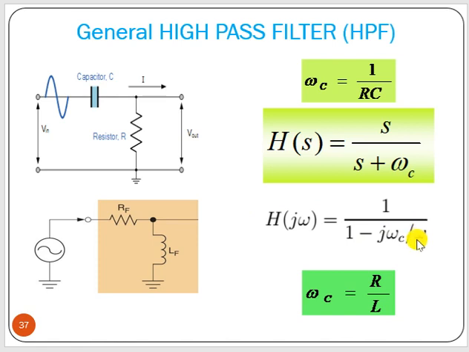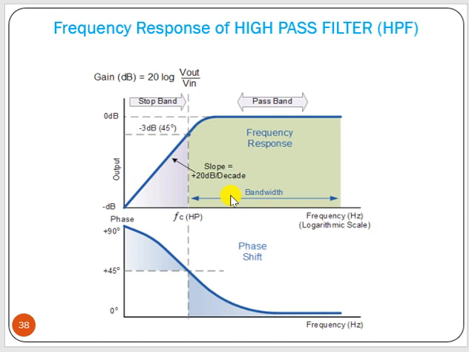If it is infinity, something by infinity will be equal to 0. Now 1 minus 0 is 1, so it will be high. So that is the concept of low pass and high pass filter. This is the frequency response. Similarly, at 0 it is 0 and it goes to a higher value, and this is your 0 dB.